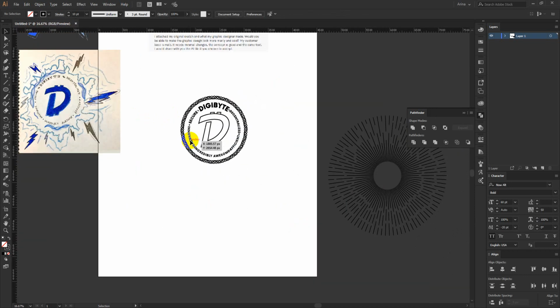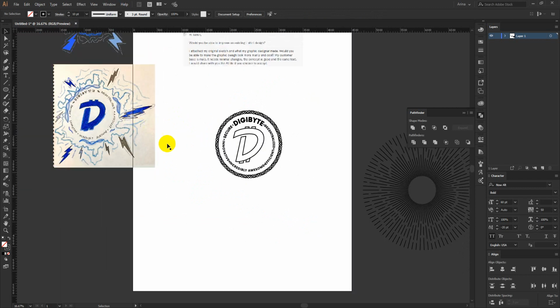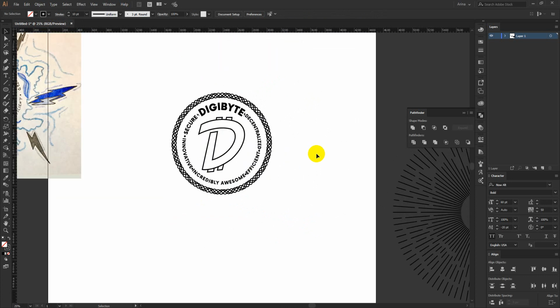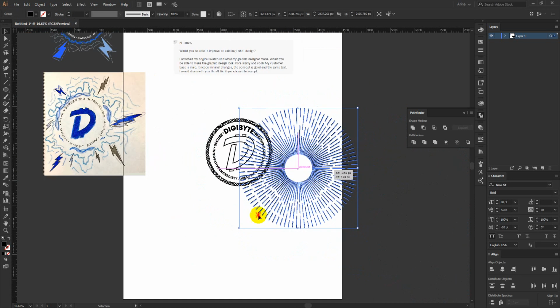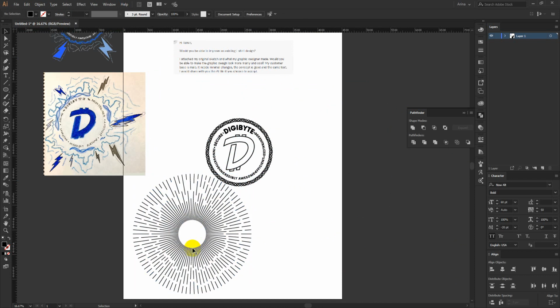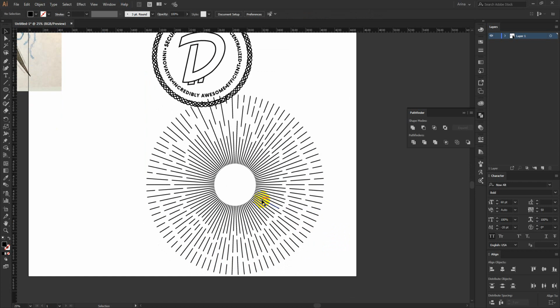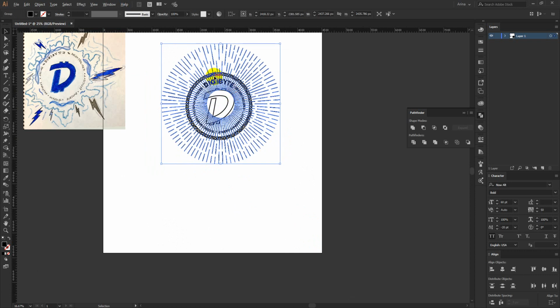So for the rest of the design here, I need to really use some cool effect like this lightning bolt here, but I will use that one later. Before that, I am going to use this sun effect here. This is from my previous design, the skull design I made. So I am going to use this one in this design too, but I need to place it like this in this center point,